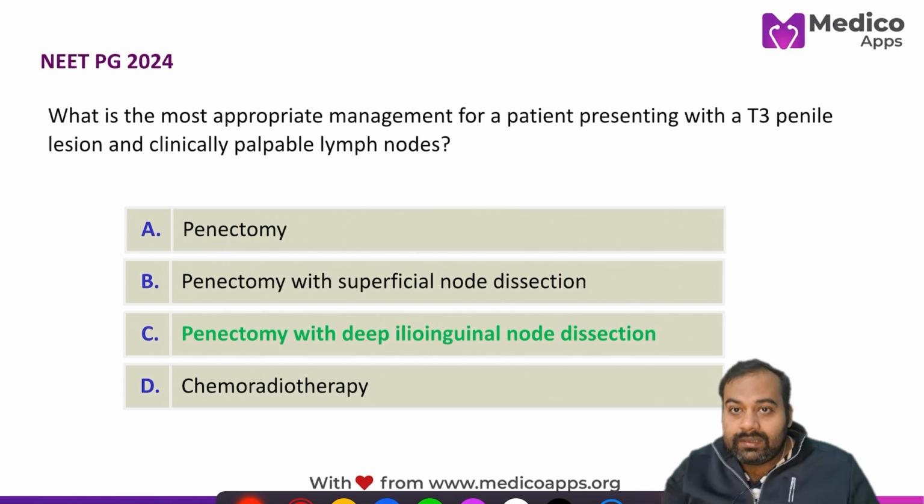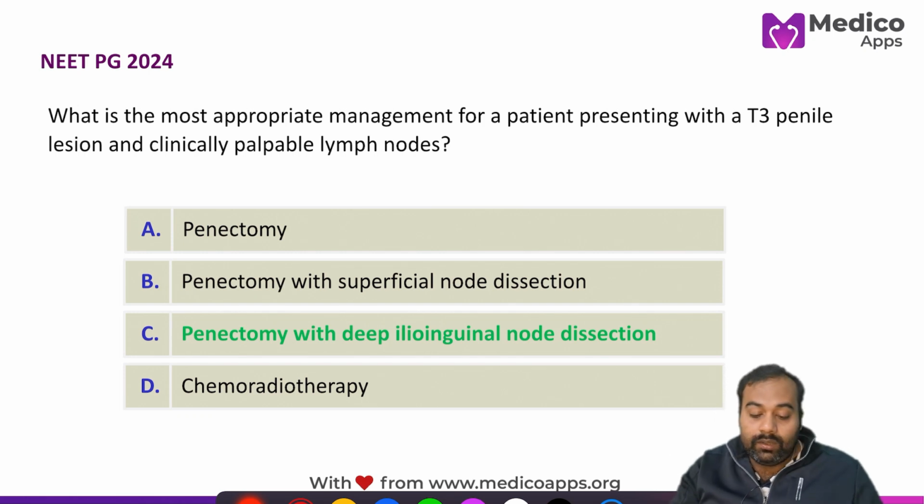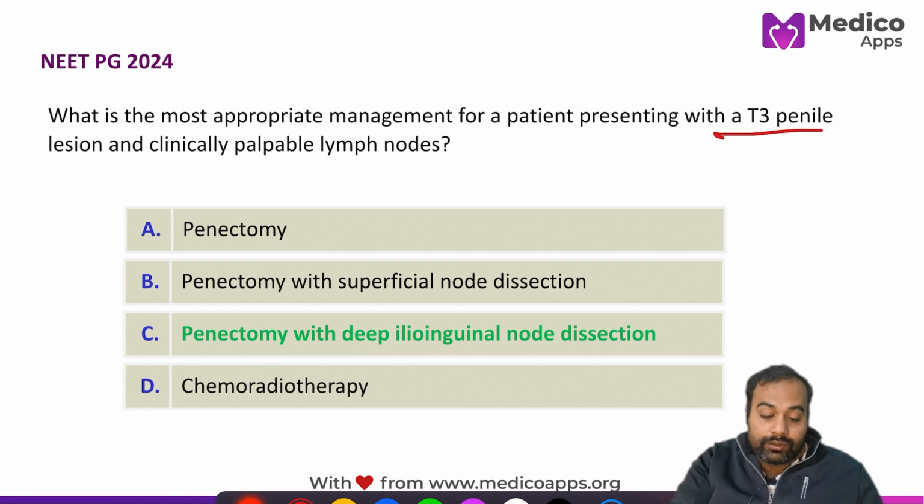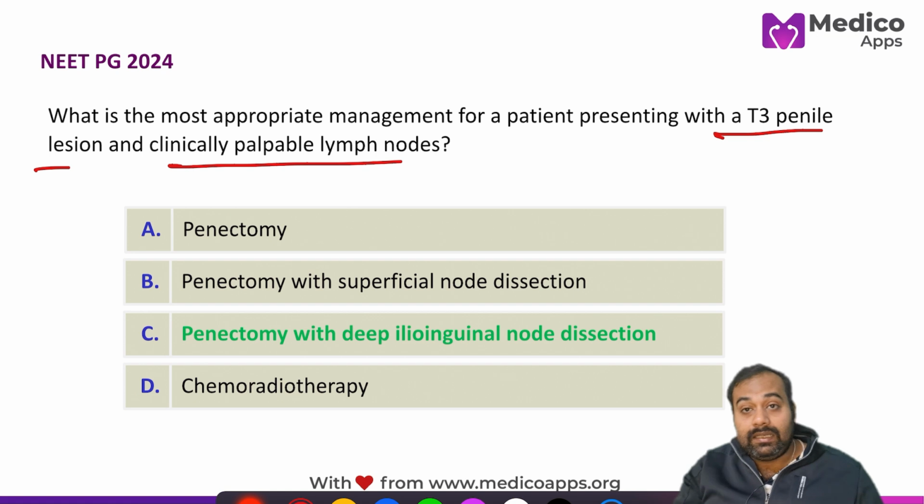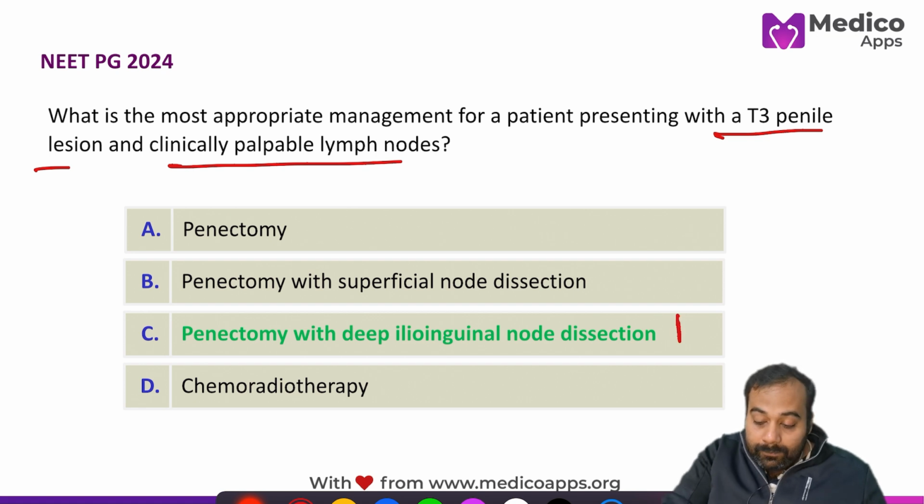Okay, so obviously from this question, we can easily conclude that the patient presented with a T3 penile lesion and clinically palpable lymph nodes, right? So clinically palpable means both superficial and deep inguinal lymphadenopathy. T3 means you have to go for the penectomy depending upon the extension. That simplified, your answer is going to be